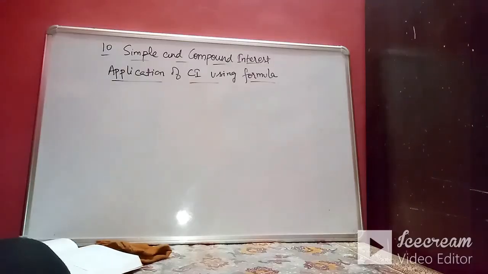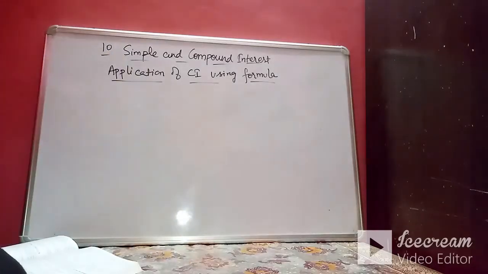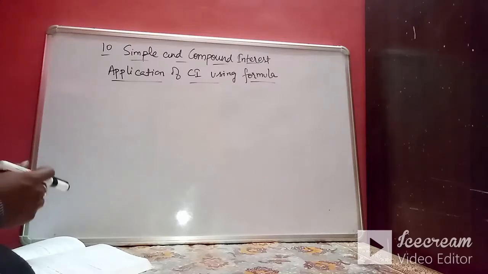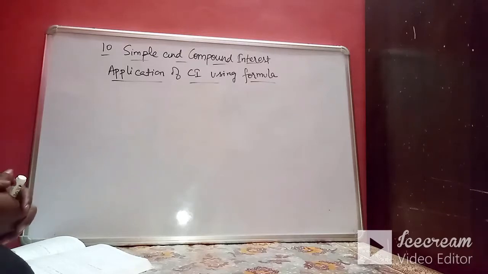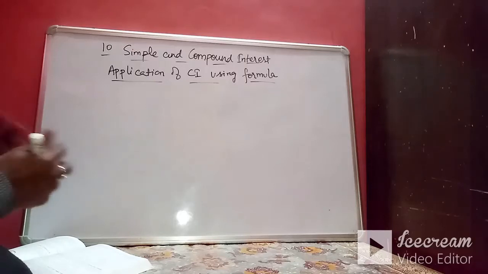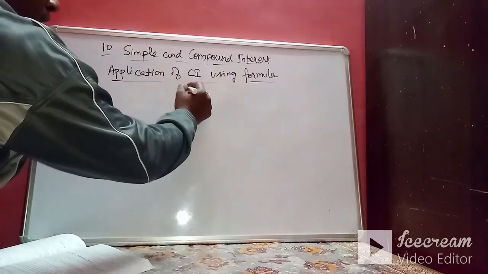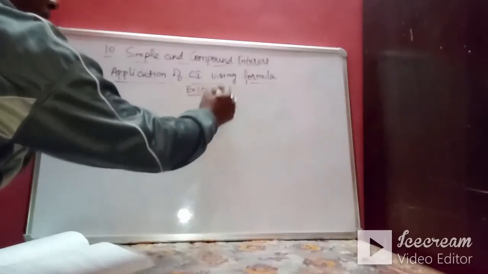So we have completed exercise 10.4, a few applications of compound interest using the formula. The compound interest formula can be used in many daily life situations like growth in population, or decrease or increase in the value of a property or a vehicle. In that case also we can use the concepts of compound interest to calculate the final values or initial values. For example, let's see the first question of exercise 10.5 and how and where we can use it.